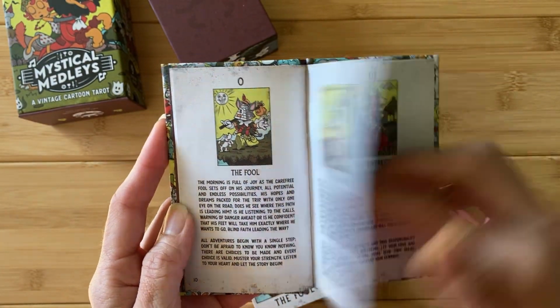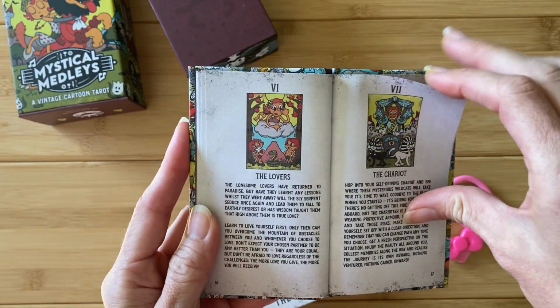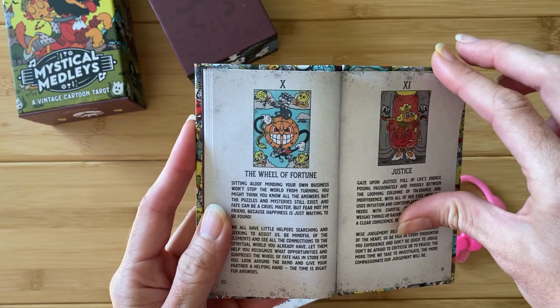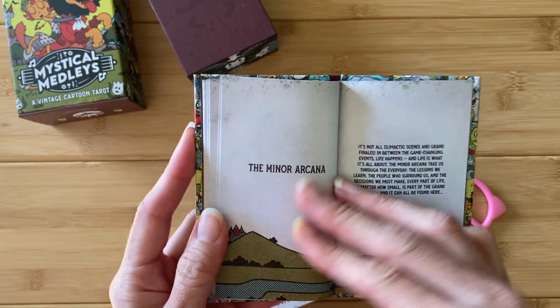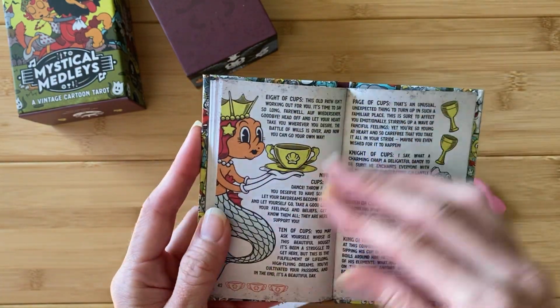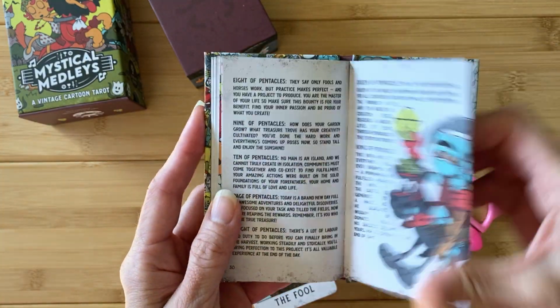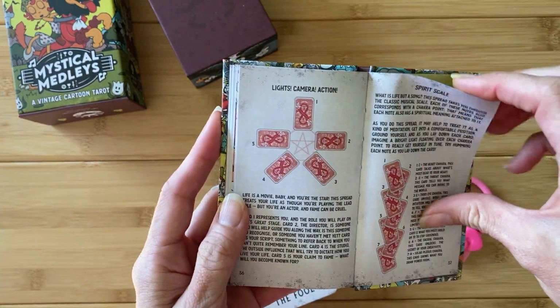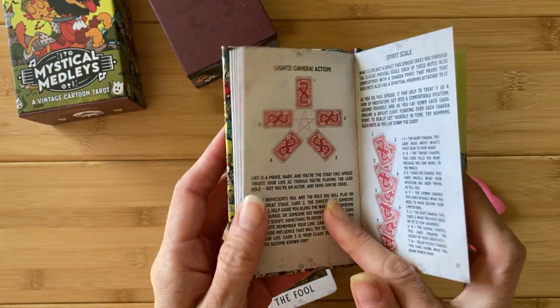They do not give reversal explanations, but not everybody reads reversals, and I think there's enough cards in the deck to not necessarily need to read a reversal. I just always like getting as much information layered in on there as I can. So love it. In the style of Merry Melodies and Silly Symphonies, it is very much like that. And we have the tarot spreads at the end of the little booklet here,